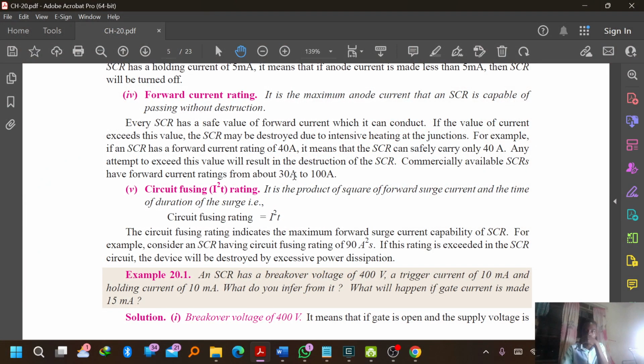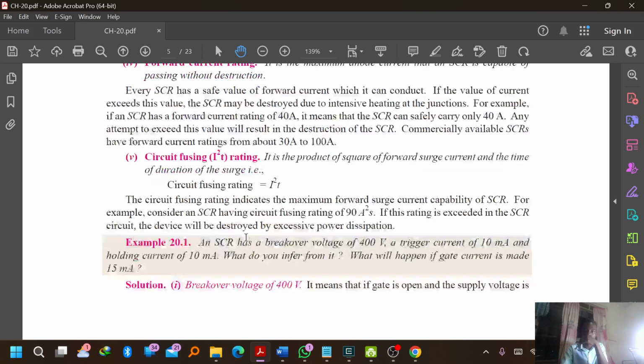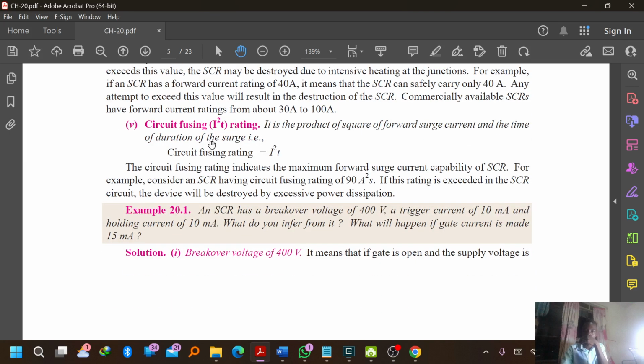So here we have an SCR. Before I go to that example, here it is saying the circuit fusing rating indicates the maximum forward surge current capacity of an SCR. For example, if an SCR's circuit fusing rating is exceeded, the device will be destroyed. So the brief way I always explain this is